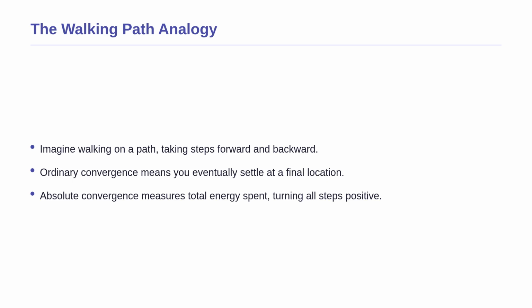To understand absolute convergence, imagine you are taking a journey along a straight path. You take some steps forward and some steps backward. If you eventually settle at a specific final location, your journey converges. But what if we apply a much stricter rule? Imagine we magically turn every single backward step into a forward step. We are now looking at the total amount of energy you spent walking, regardless of direction. If this total energy is still a finite number, meaning you did not walk forever, your journey is absolutely convergent. It is a much stronger guarantee of predictability.